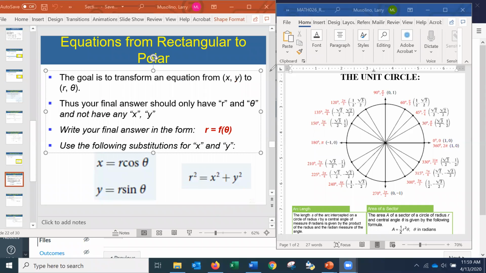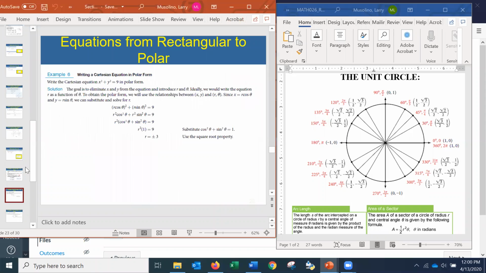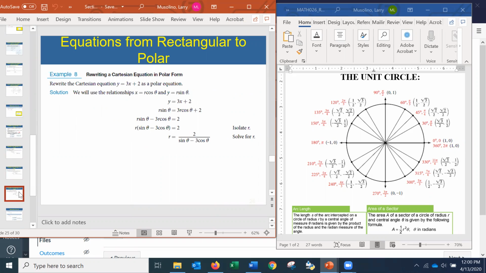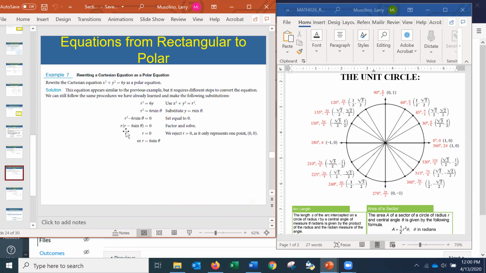And maybe we can go to, let's go to WebAssign, but how about if we do a quick example here just to see how